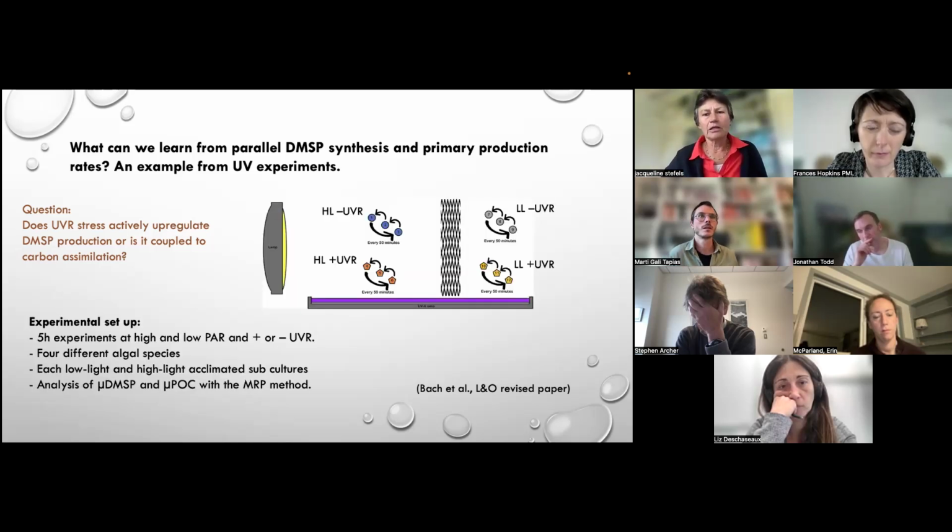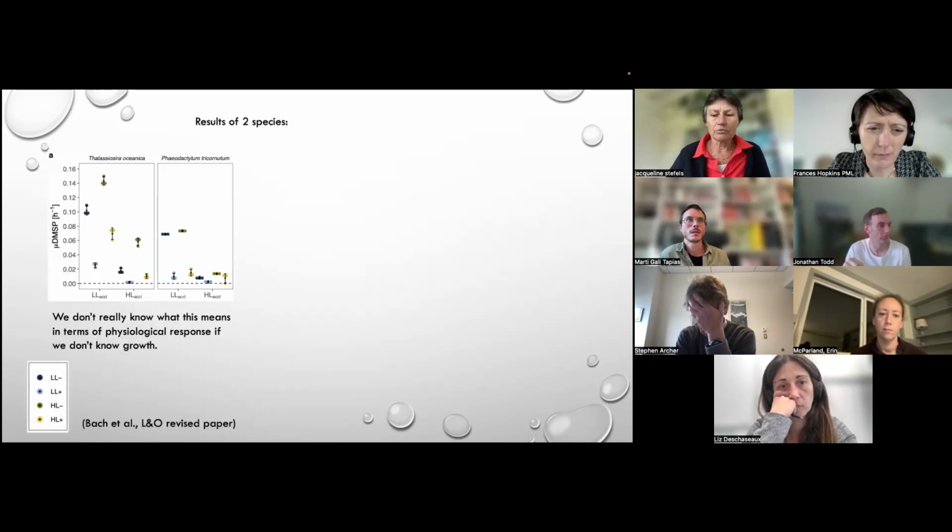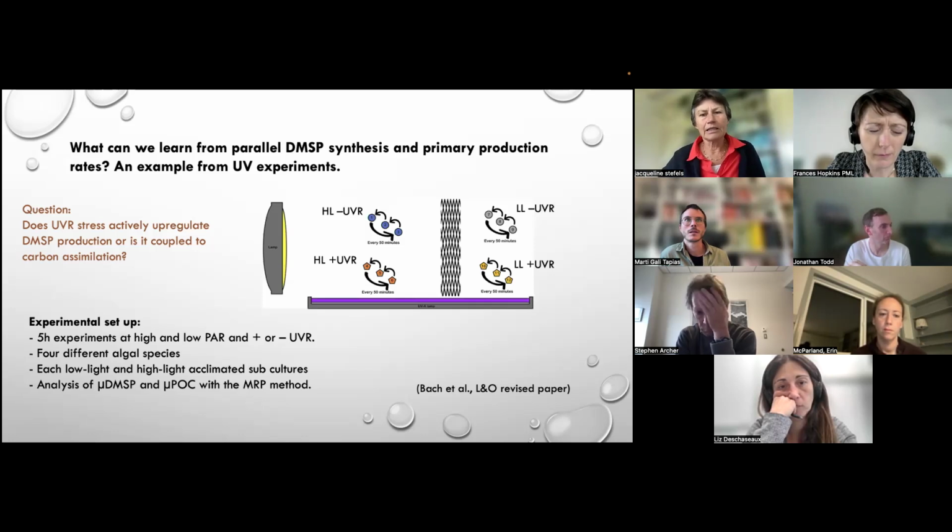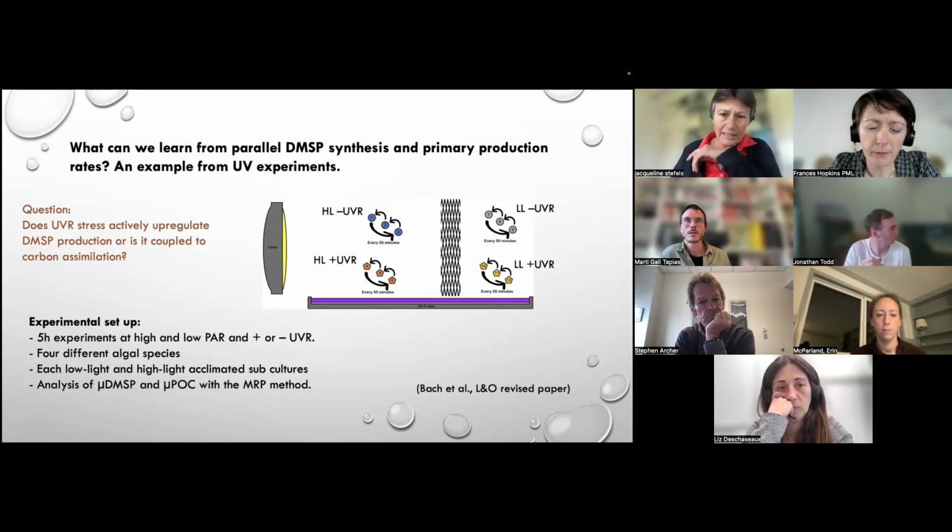So we did an experiment with high light and low light levels, and with and without UV radiation. We did that with 4 different algal species, and each also had low and high light acclimated subcultures,